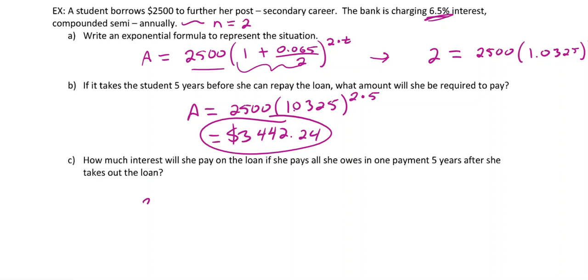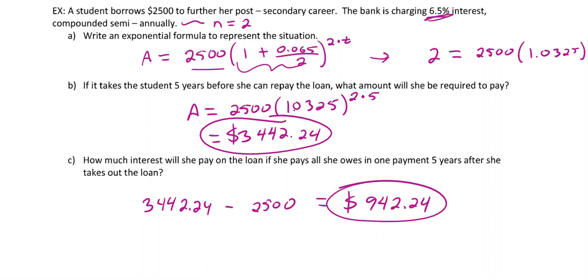So 3,442.24 minus 2,500. She ended up paying $942.24. Which isn't nothing, right? So just be aware whenever you take out loans or anything else, that is real money. Sometimes it doesn't feel like real money, but